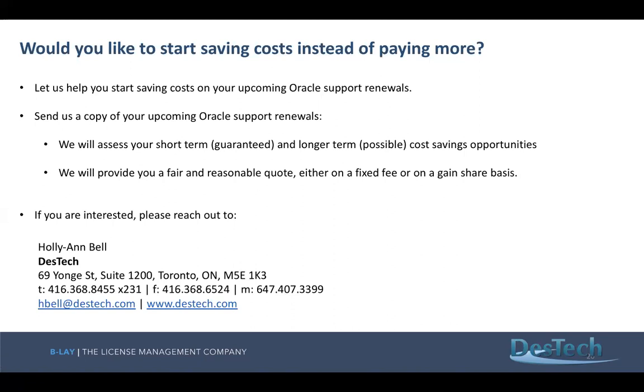Other question from Trevor, have you seen lower than 80% of support fees? Lower than 18% I haven't seen. 18% is the lowest that I've seen. But like I said, that is a support percentage applied for customers that are making huge investments of tens of millions of dollars. So lower than 18 I haven't seen, apart from customers, of course, that have had special arrangements,